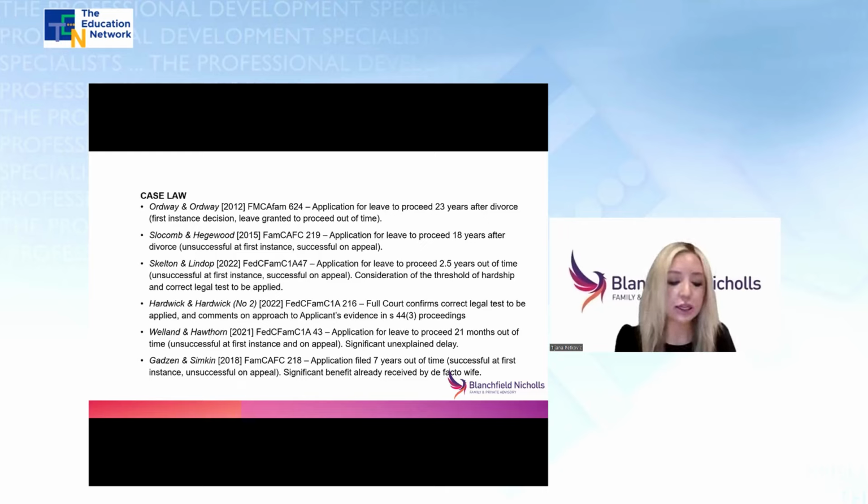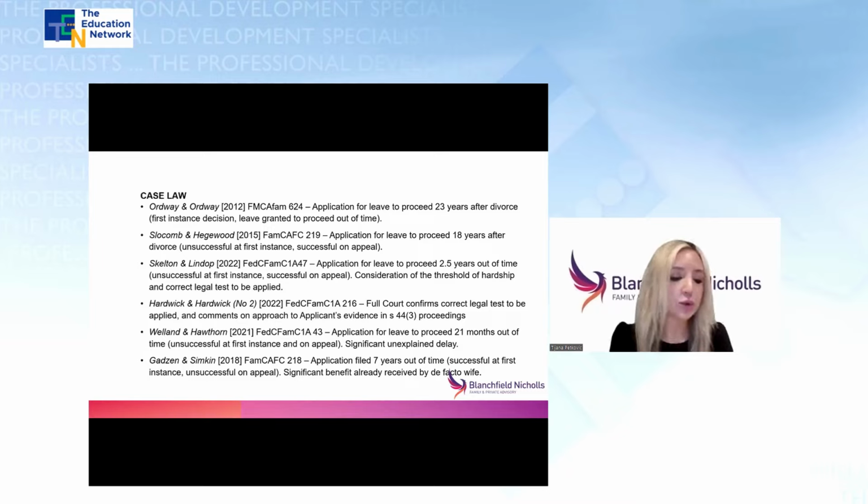Their Honours held that, as recently noted by Justice Austin in Skelton and Lindop, there is differing authority as to the test to be applied in determining the prospects of success. Those tests range from the need to establish a prima facie claim to the need to establish a real probability of success, and we respectfully acknowledge and adopt the reasoning of Justice Austin that the appropriate test to apply is whether the applicant for relief had sufficient likelihood of success to prove hardship. So that remains the current test in these cases: sufficient likelihood of success.